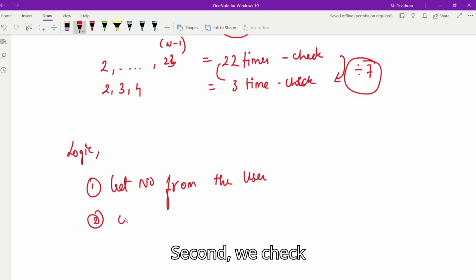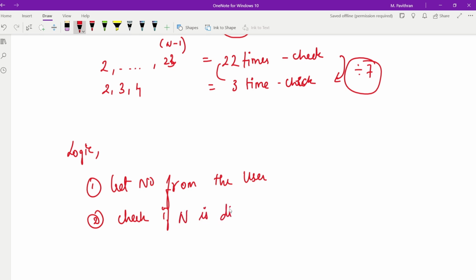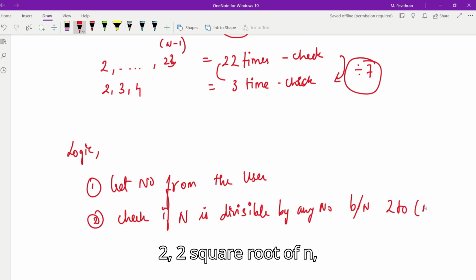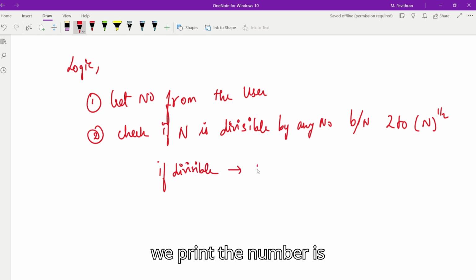Second, we check if the number is divisible by any number between 2 to square root of n, right? If divisible, we print the number is not a prime number,